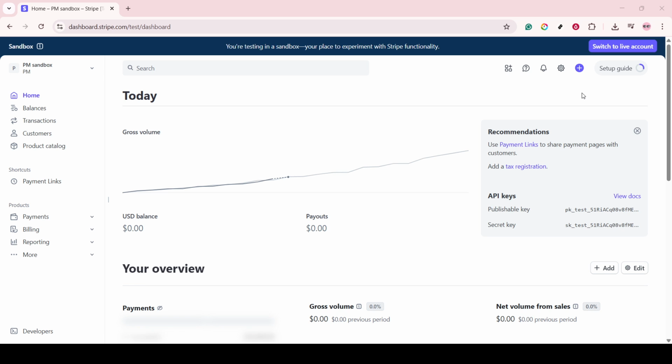First, make sure that you're logged into your Stripe account. If you're not already logged in, go ahead and do so by entering your credentials on Stripe's main website. Once you're logged in, you'll find yourself on the dashboard page, which is the central hub of all your Stripe